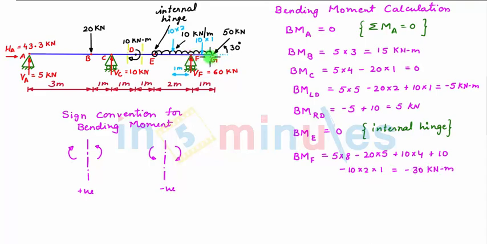Next we take section at point G. So bending moment at point G is equal to 0 since we know that summation of all moments about point G is equal to 0. Now point G is at the extreme right end. Summation of all bending moment about point G is nothing but sum of all the moments about point G by considering the left hand side of section, which by definition is bending moment at point G. Now since summation of all moments about point G is equal to 0, a bending moment at point G will also be equal to 0. So now we are done with a bending moment calculation. Now let's plot the bending moment variation diagram.